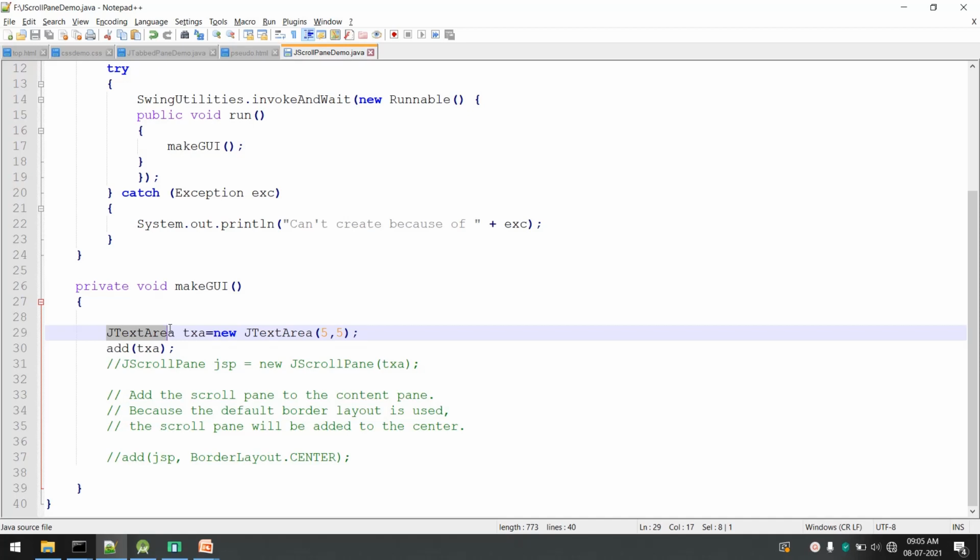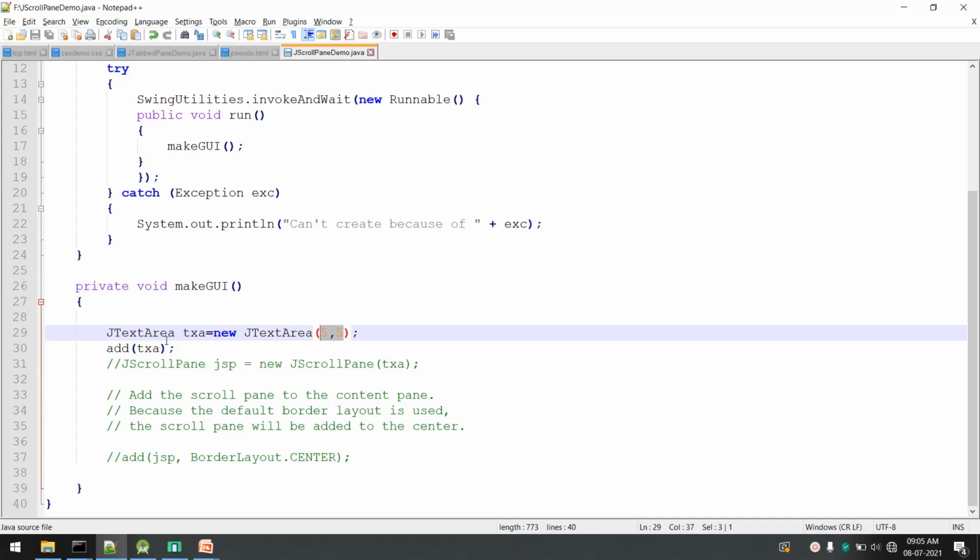For single line text we have a component that is JTextField. For multi-line we can have JTextArea. And while creating JTextArea, we can pass two parameters to it, that is the number of rows and number of columns, that is, the size of the JTextArea.